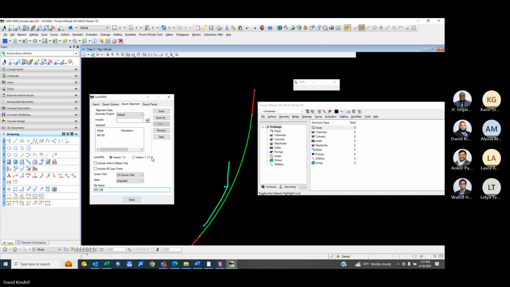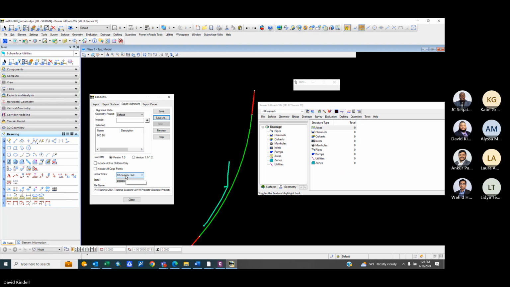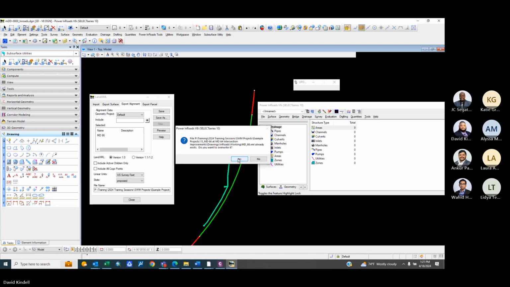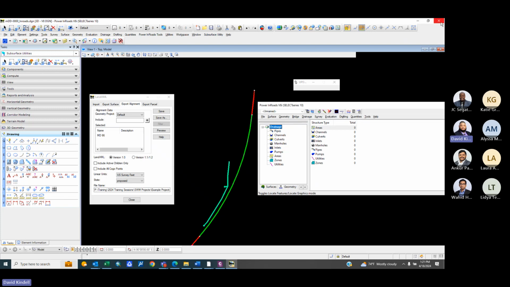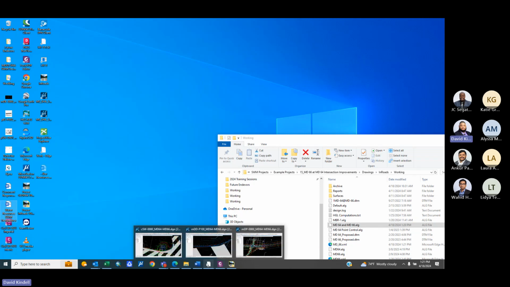And then save as. Now I have the XML, and that should be all you need. So if I go back to my profile in my drawing here,